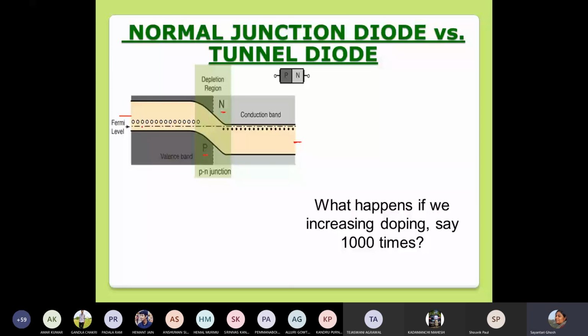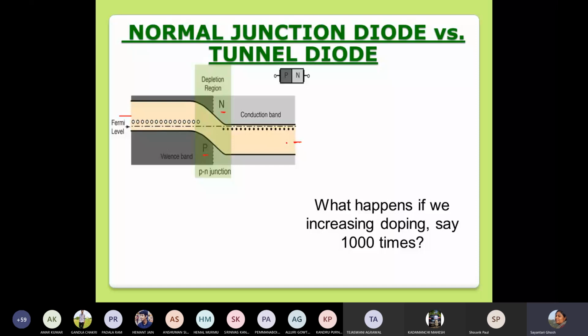And what does that mean? That means we have a step-like band structure, where the bottom of the conduction band on the N-type side and the bottom of the conduction band on the P-type side are not at the same level. The only thing at the same level is the Fermi level. This is the band diagram, and this is how it looks when I just fuse a PN junction and have not added a battery yet. Now what happens?